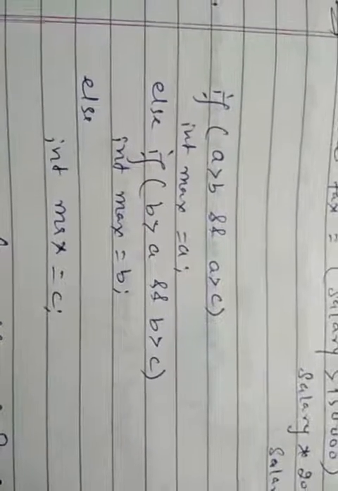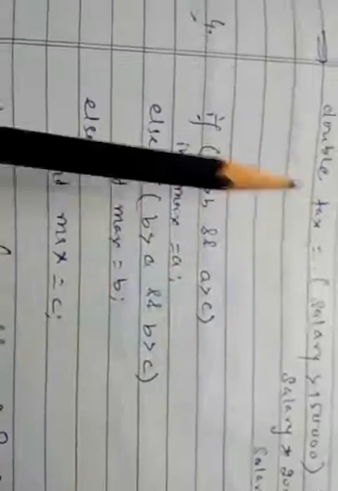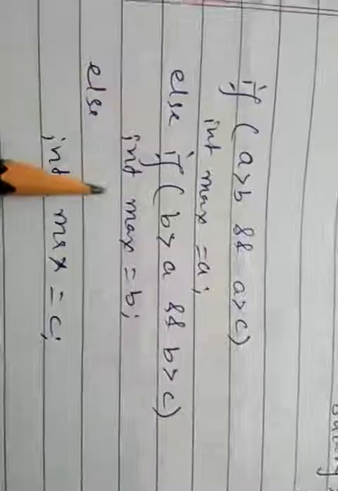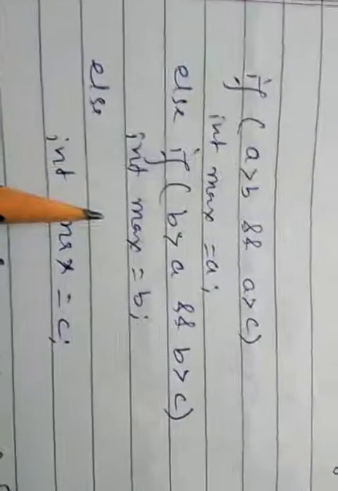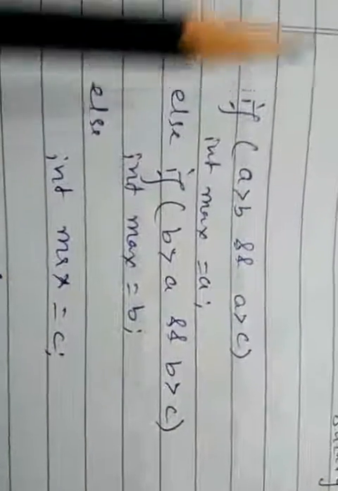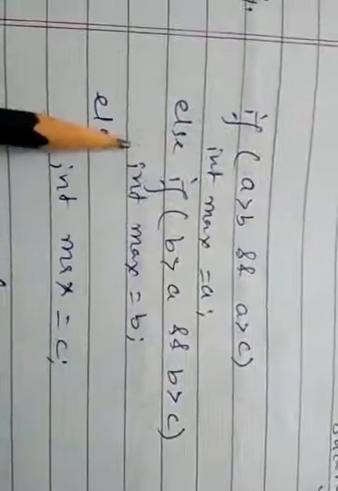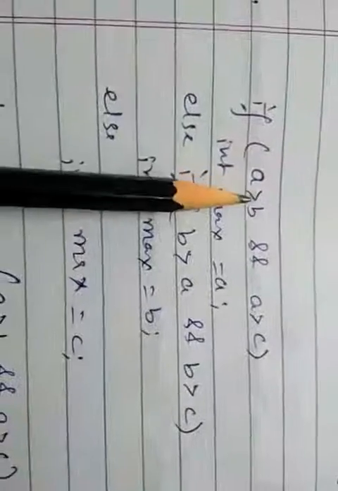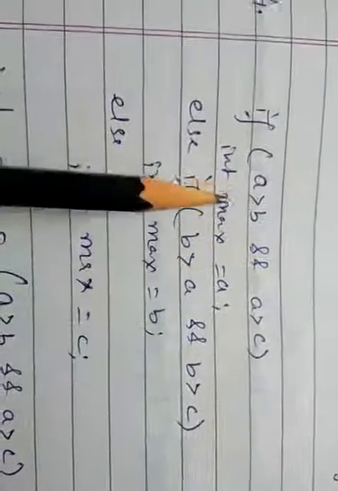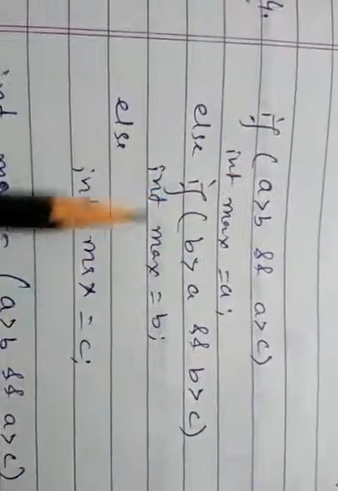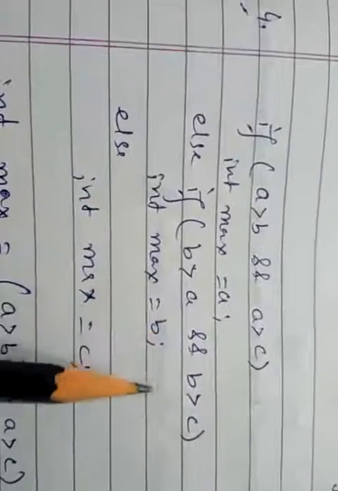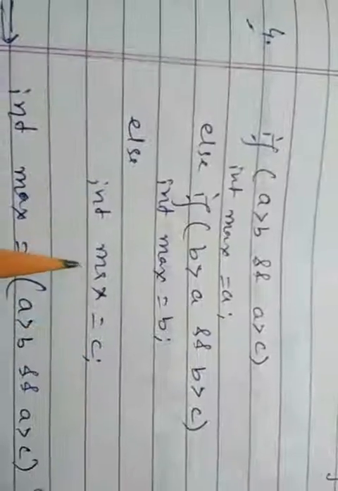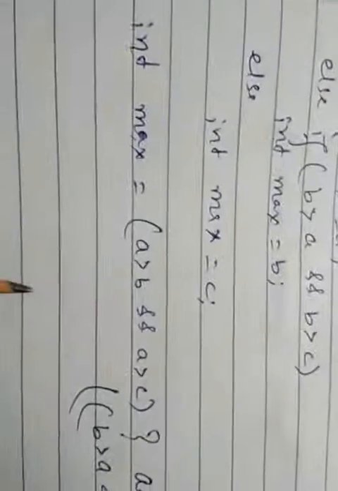Now here we want to convert this if else statement into a ternary operator, and in this there are two ifs. So how will this be converted into a ternary operator? Two ternary operators will be used, because here there are two if else statements. So this is the program. If a is greater than b and a is greater than c, then the value of a will be stored into max. If b is greater than a and b is greater than c, then the value of b will be stored into max, otherwise the value of c will be stored into max. So we are just writing this in the form of a ternary operator.